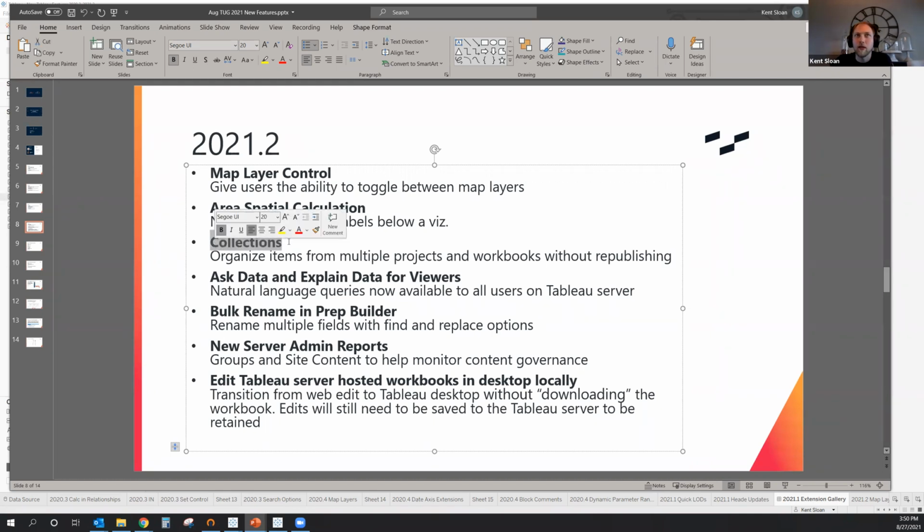Collections or call out is an interesting one. This is Tableau Server based, but all this is, it now gives you the option to take, say, a given worksheet or dashboard from multiple project folders and put those together into a single folder that you can then view. In the past, what you would have had to have done would be download and republish a copy of these objects to then get them into one space.